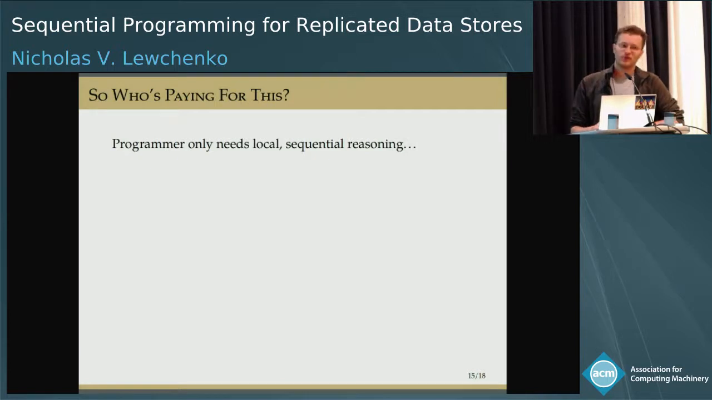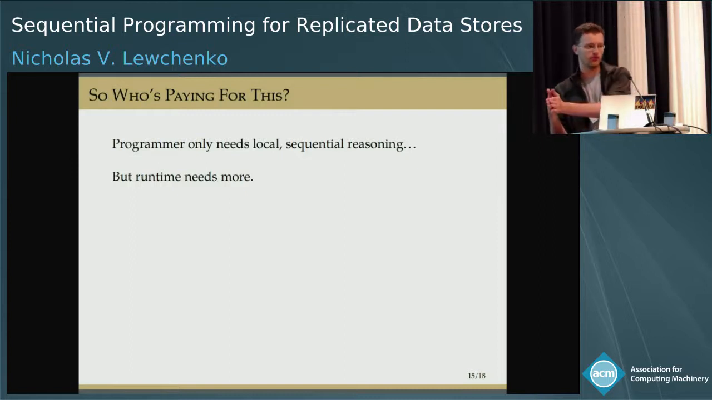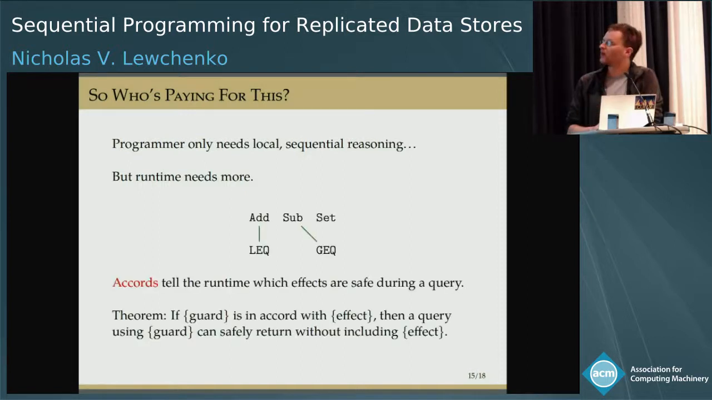So this all sounds really great. It sounds like we've just completely abandoned concurrent reasoning, and replicated data store programming is just like normal single-core programming. But there is a cost, and that is, while the programmer can benefit from all this stuff, the runtime needs to know a little more information. The consistency levels we defined have moved much closer to the programmer by being data refinements, but they've moved much farther away from what the runtime would need to know about. So the way we deal with this is we take all the effects and the guards that are in this closed card data type,